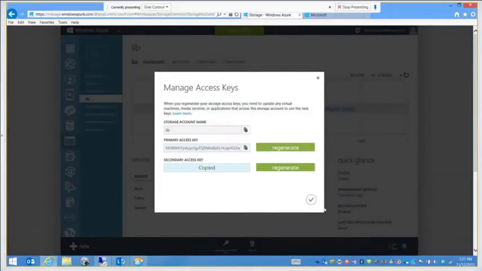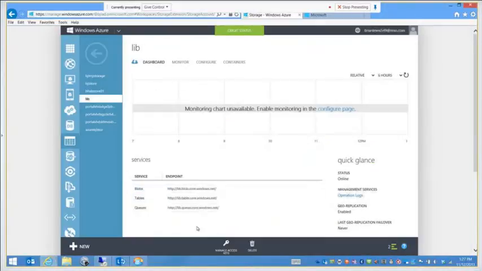Let's go get this key. So that key there is the key to my kingdom as far as this storage account is concerned. So if I have that unique key,